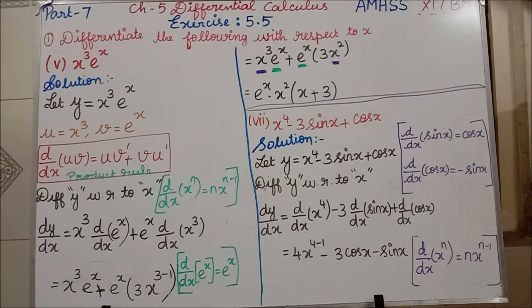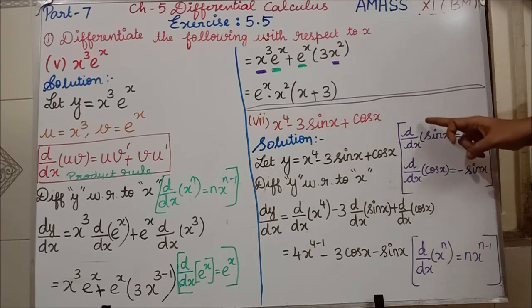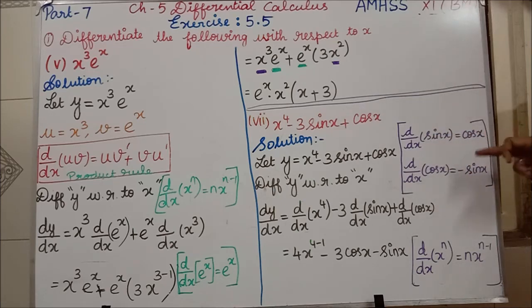Students, I told you to write 21 formulas, isn't it? In those formulas, the 16th and 17th formulas are: d by dx of sin x is equal to cos x, d by dx of cos x is equal to minus sin x. Sin gives cos, but for cos alone we have minus sin. Clear? If you differentiate sin, the answer will be cos. If you differentiate cos, the answer will be minus sin. Clear? You have to concentrate on that minus. If you write a plus sign, it will become wrong.